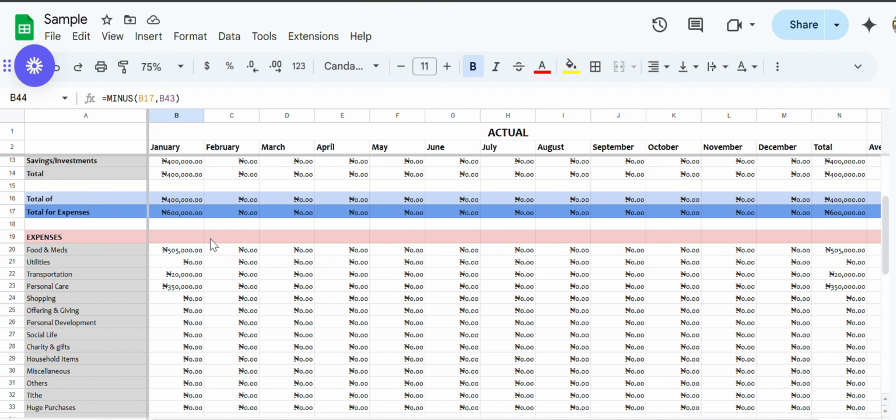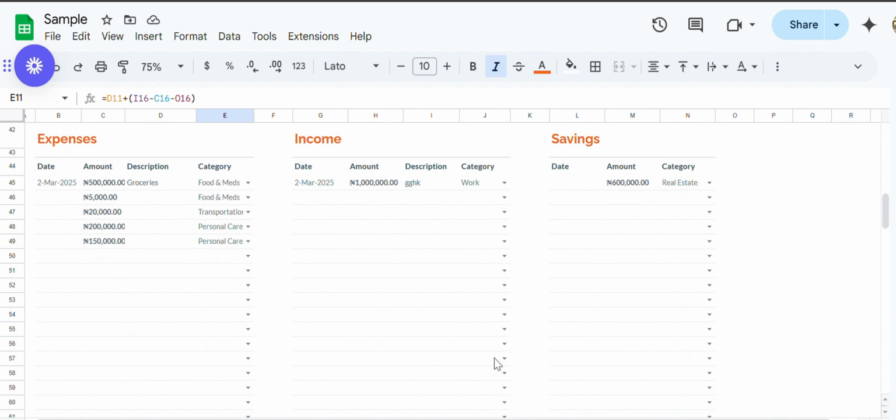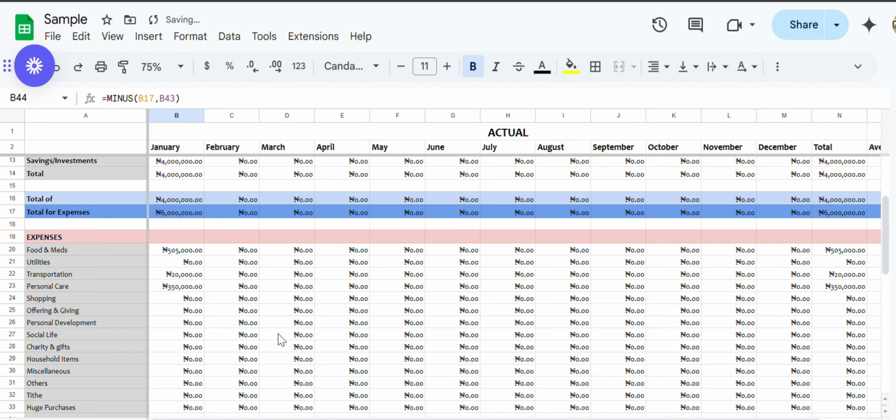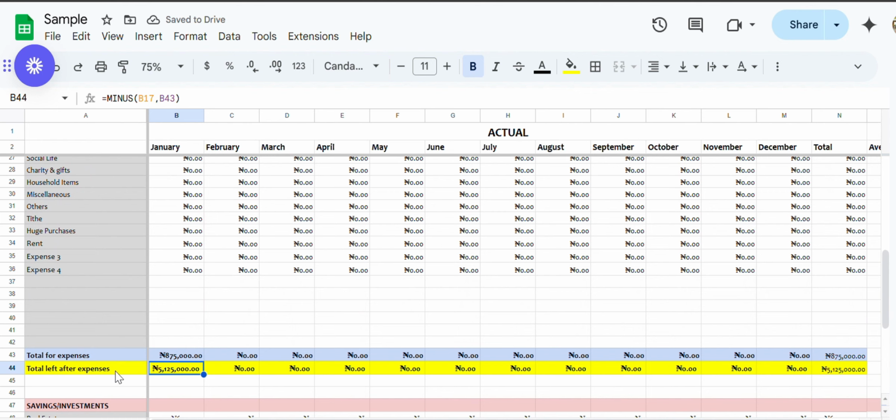Like, look at this person now that estimated 6.6 million and then just 1 million naira. But I also understand this is a hypothetical situation. You get? I mean, if peradventure this was 10 million, right? The actual tab would have showed that, okay, the person has this total amount of money to spend left. But